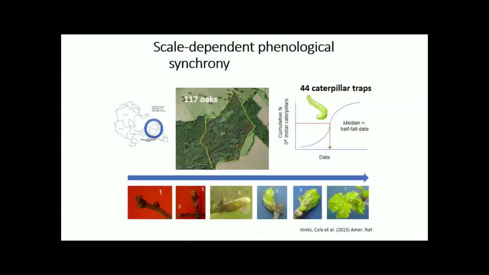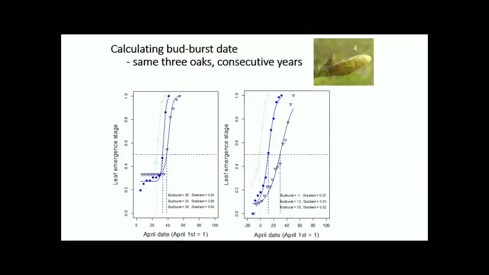And to do this, we carried out a study of the phenology of individual oak trees within a particular part of Wytham Woods, where we scored the development of individual oak trees as budburst occurred for 117 oak trees, and for 44 of these we also measured the half-fall date of caterpillars under those individual trees. The nice thing about oak trees is they don't move around, so they're in the same place every year reliably. But also, if you go in repeated years, what you find is that individual trees are extremely consistent in their budburst date. So the mean might change from year to year at the population level, but the relative rank order of budburst date for individual trees is very, very consistent.